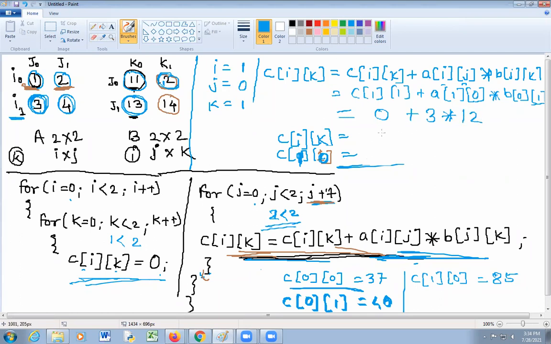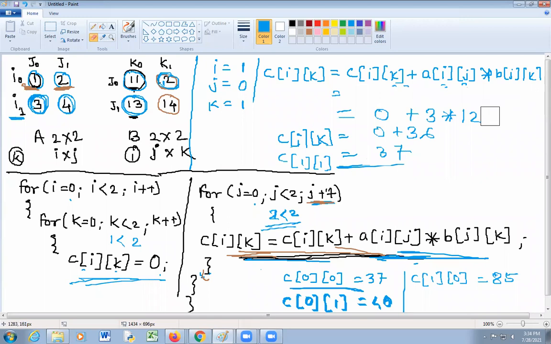Here 12. So you will get 0 plus 36. Here C of 1 1 is equal to 37. Then increment value of J.